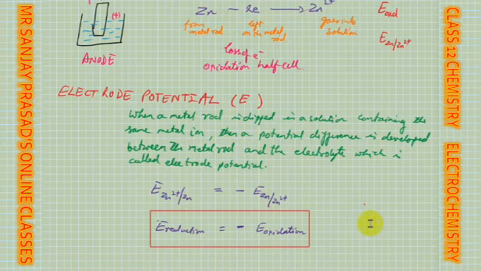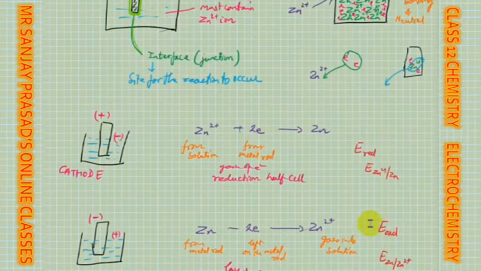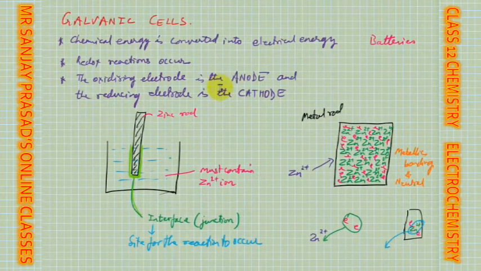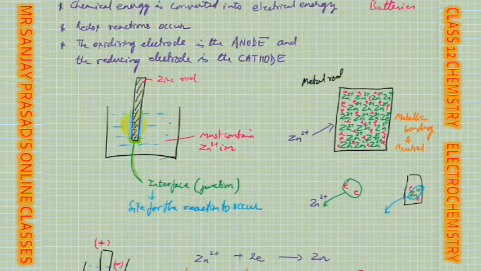So here, for those who have joined late, I'll just tell you, we have just started galvanic cells. Galvanic cells, what is happening? Chemical energy is converted into electrical energy, means chemical reactions will take place and electricity will be produced. Okay, this we had done last day only. Oxidizing electrode is the anode, and reducing electrode is your cathode. Clear? A metal rod is dipped in a solution which contains the same metal ion, zinc in zinc ion, copper in copper ion. Then in that case, what will happen?